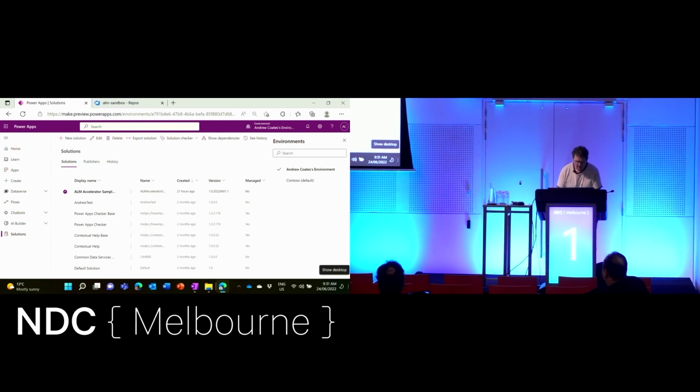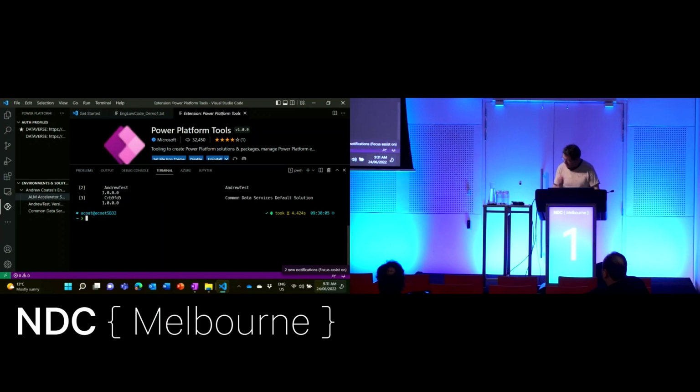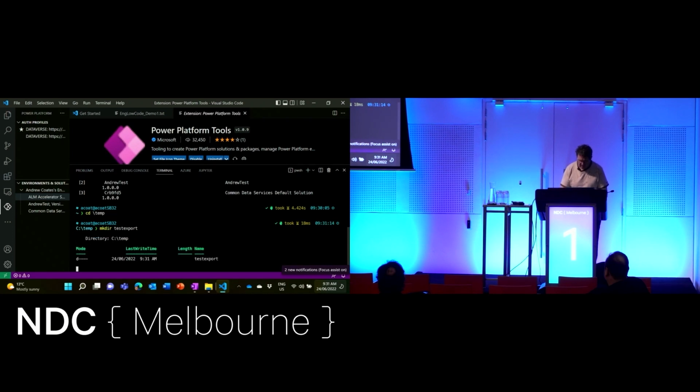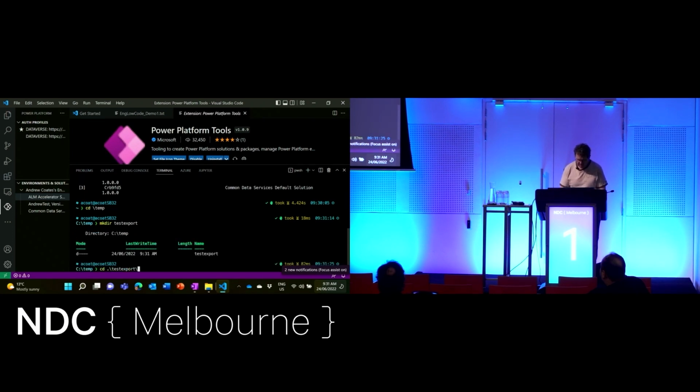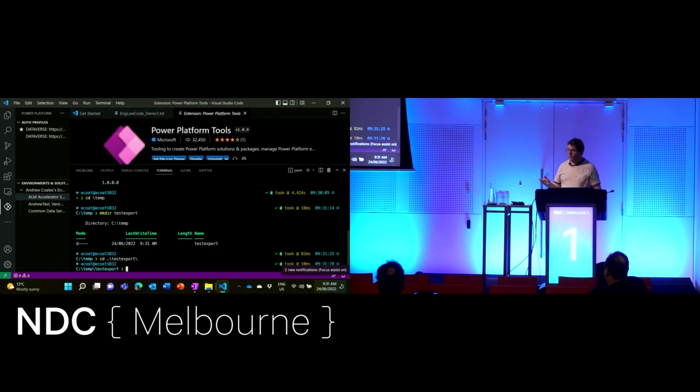So I'm going to go into the CLI and create a directory: cd, we'll spell correctly, and I won't put a space in, test export. There we go. I'll go in here, and now I'm going to grab that file. So I can pack export. And what's going to happen now is I'm going to pull things down.